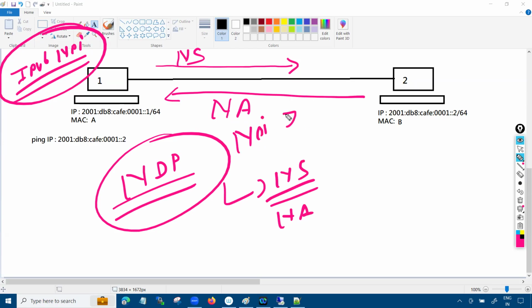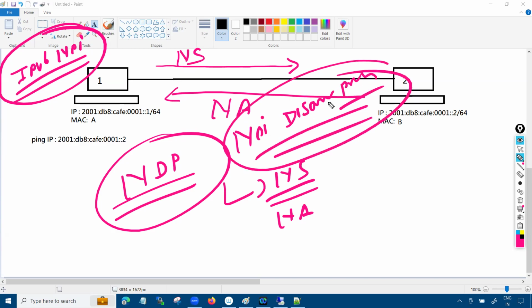So let me show you this in practical in GNS3 with a Wireshark capture. Then you will understand more clearly. But make sure that